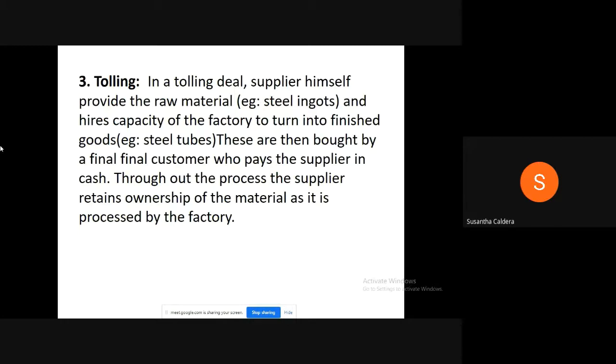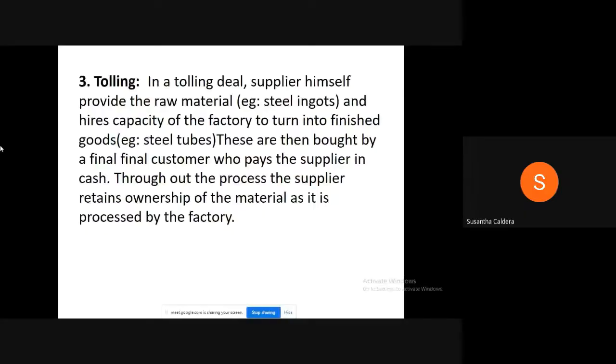So, what the developing countries will do, they will provide raw materials, that is, steel ingots, they provide. And